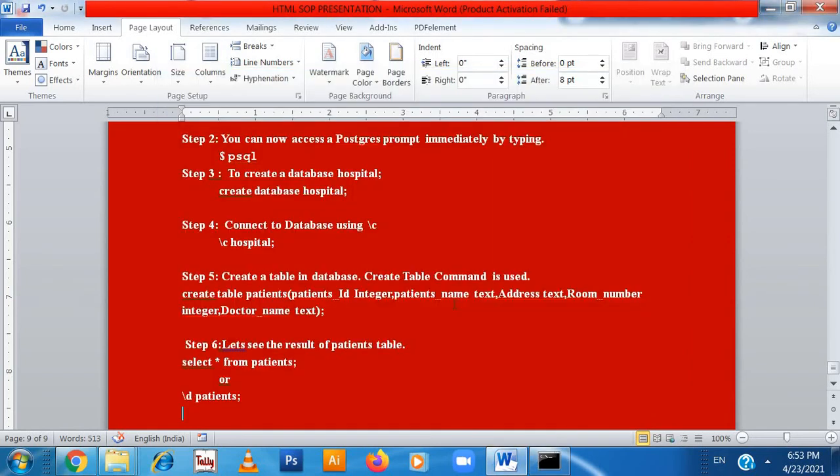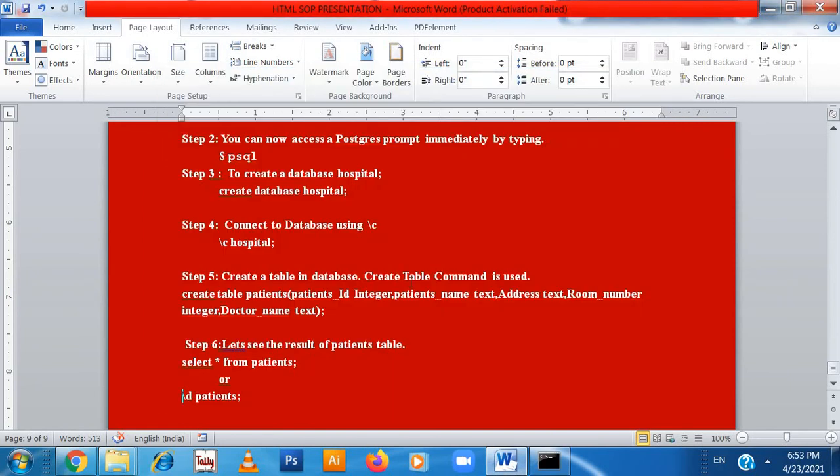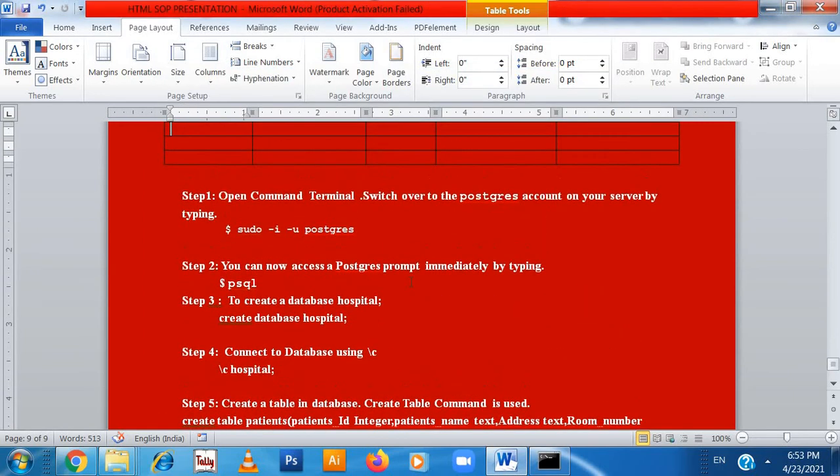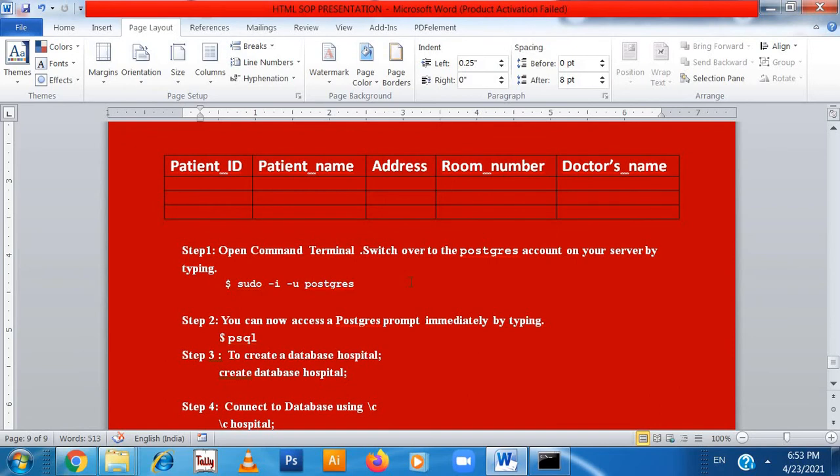So now here we can see the result of the patient table. What was mentioned in the question, the box that was there, same to same, we have created over here.